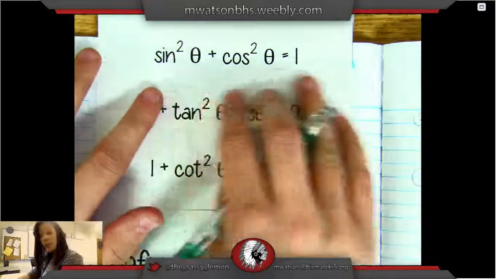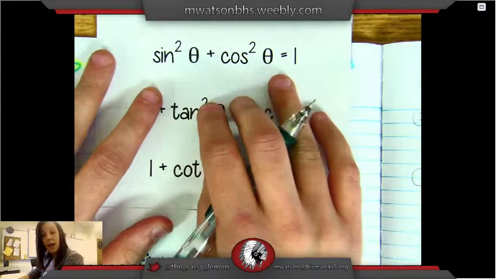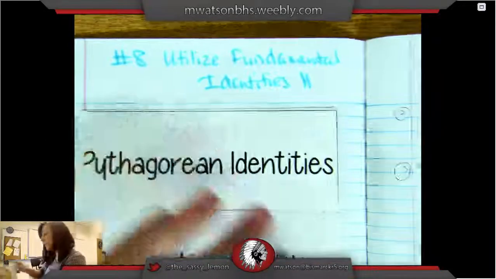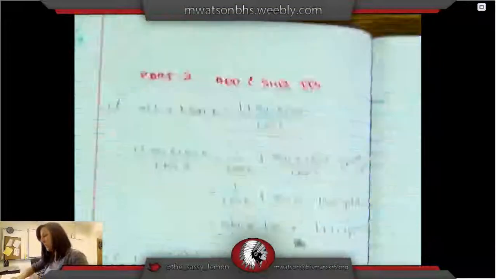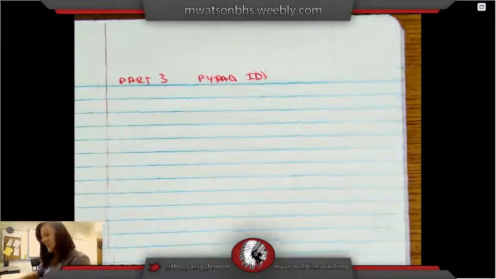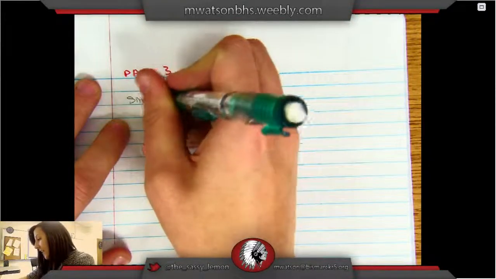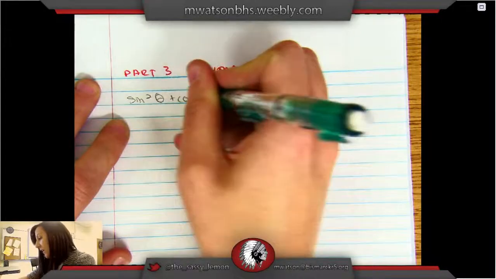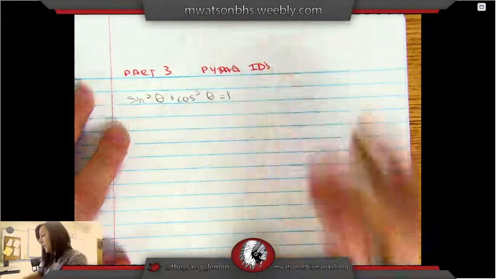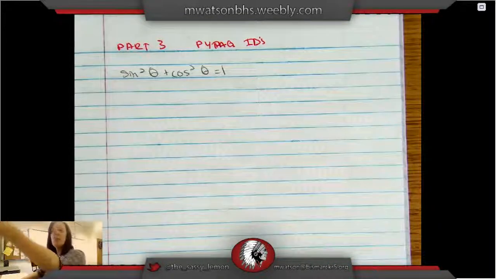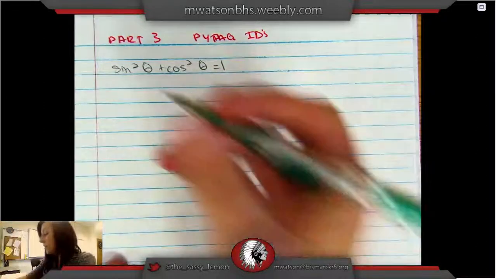So let's go ahead and do this on page 56. Okay, so they're right there where you need them. So on page 56, let's write our sine squared theta plus cosine squared theta equals 1. Now that can be moved around and manipulated. It can look like